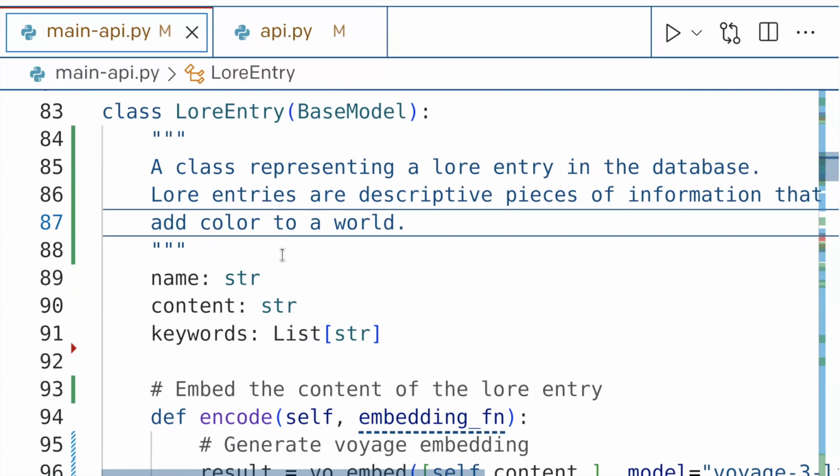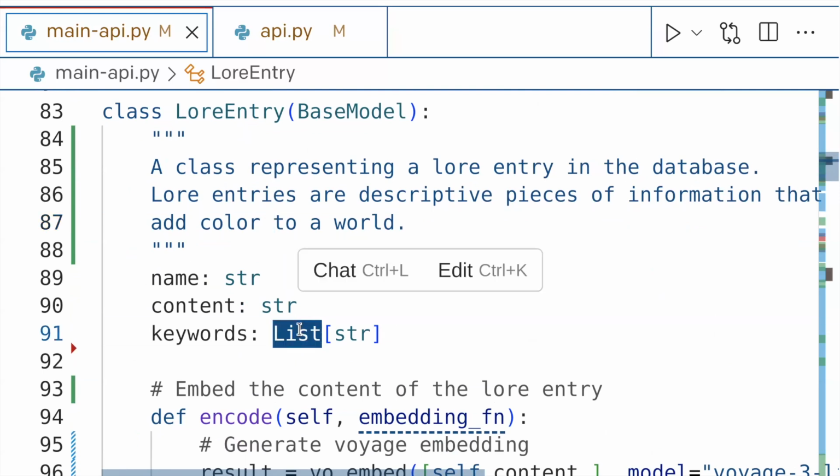Okay, so a lore entry here is going to be composed of a name. It's going to title this lore entry. It's going to have some content. It's going to have keywords. Notice here, I'm just typing this. It's going to say a list of strings. So my model will always give me a list of strings that are separate keywords. And it knows it has to print out keywords because on the underlying JSON, when it's printing it out, it'll hit keywords, end quote, colon, bracket, and it knows it has to start spitting out keywords, right? So the language model is actually very good at doing this.